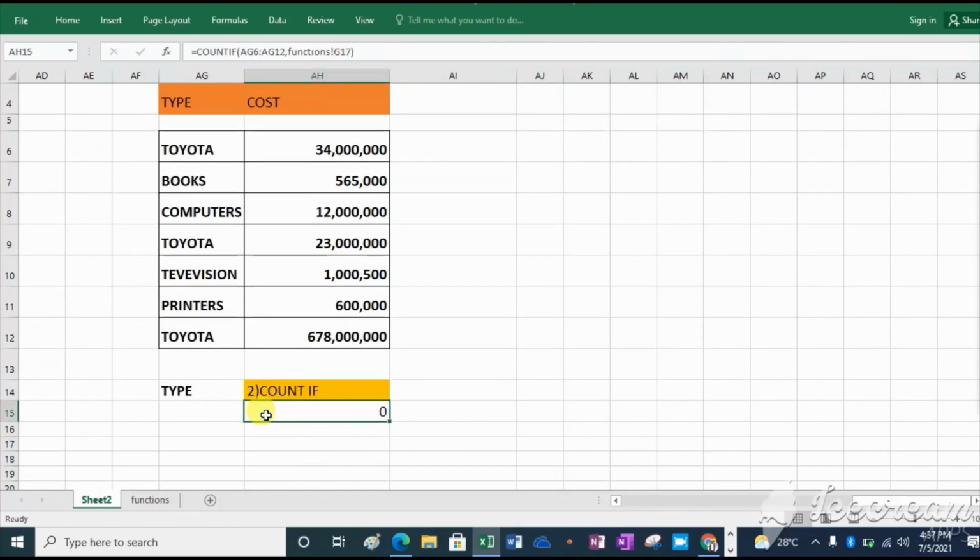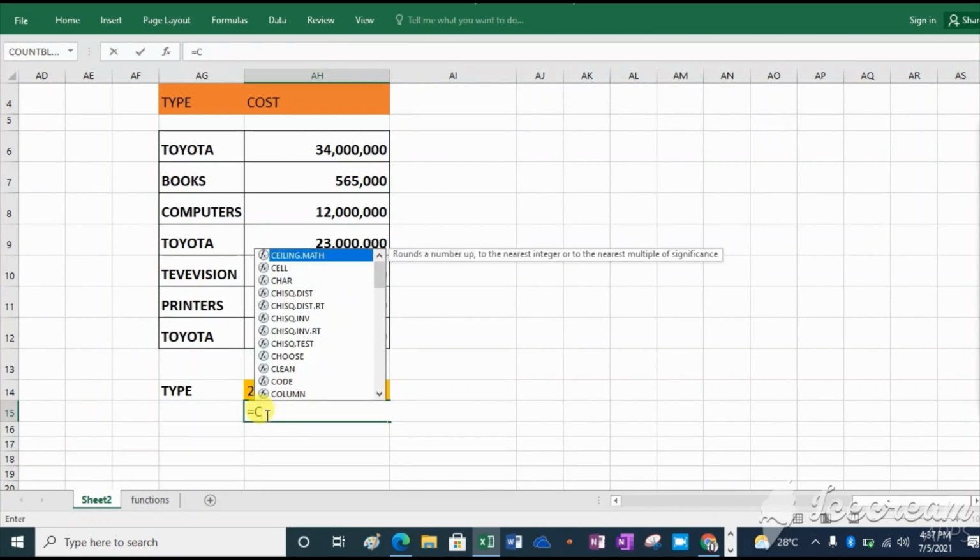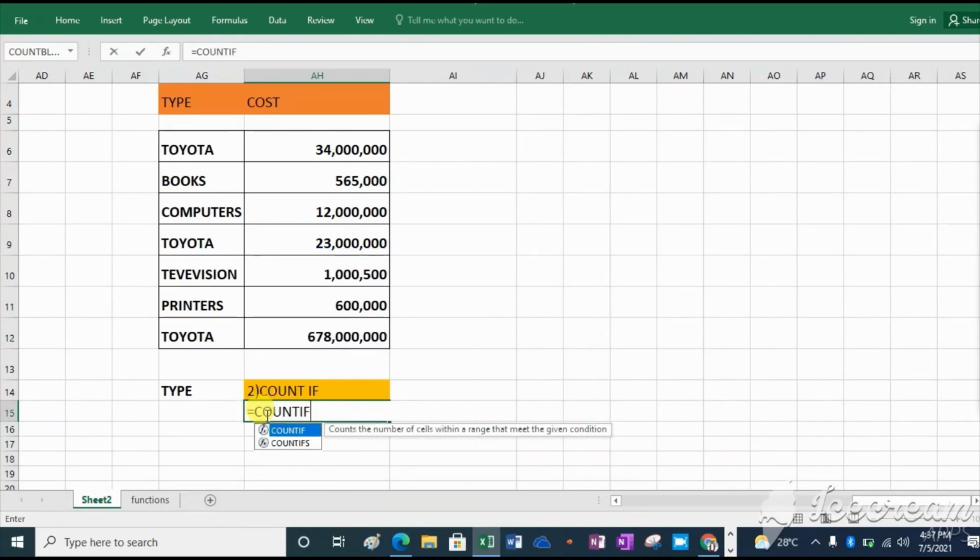We write an equal sign, then count if, open bracket, then you select the range, then you put criteria. The range is from here up to here, for the types: Toyota, books, computers, television, printers.